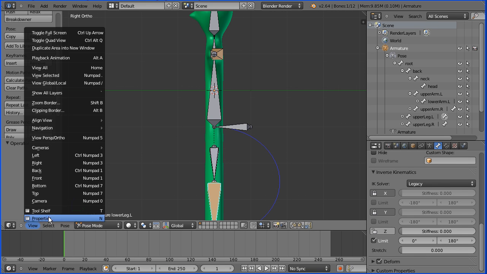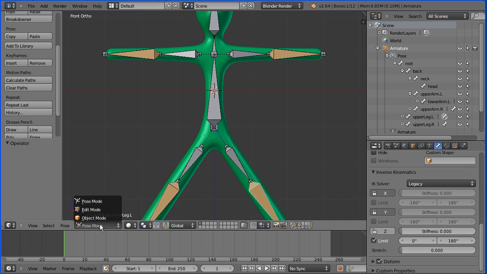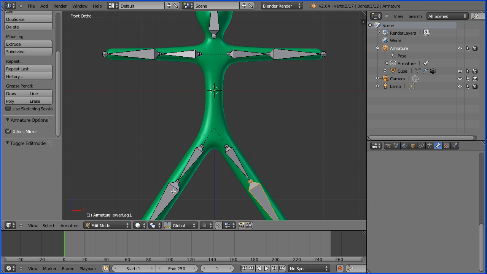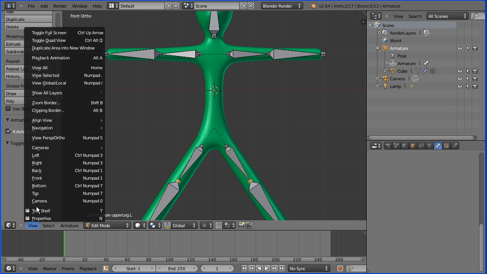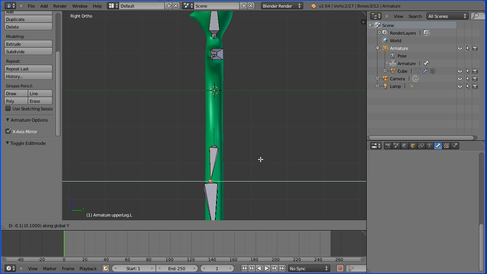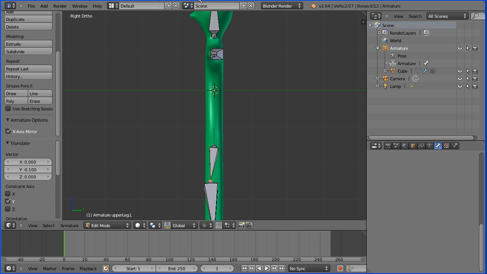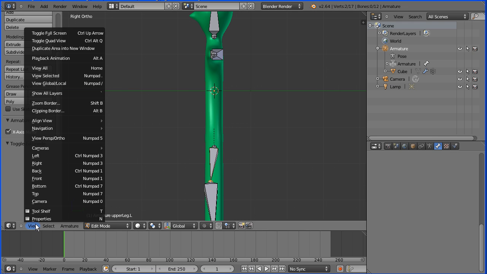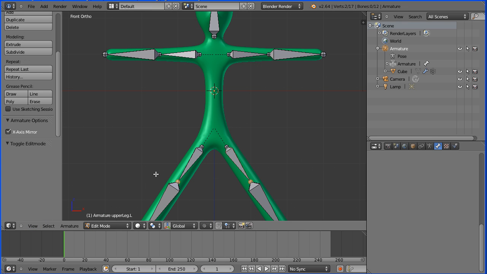Change the view to the front view, go into edit mode, select a knee, hold down shift, select the other knee, go into the right view, press G to grab, Y for the Y direction, minus 0.1 and enter, and that puts a slight bend in the knees. Change the view to the front view, hold down Alt and press H on the keyboard to unhide hidden bones,